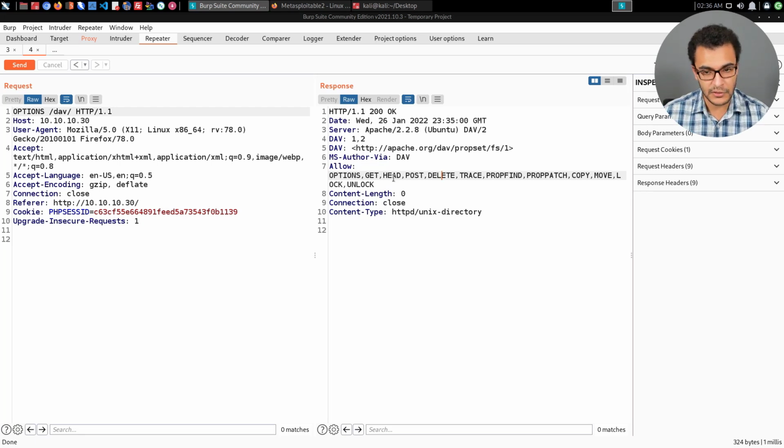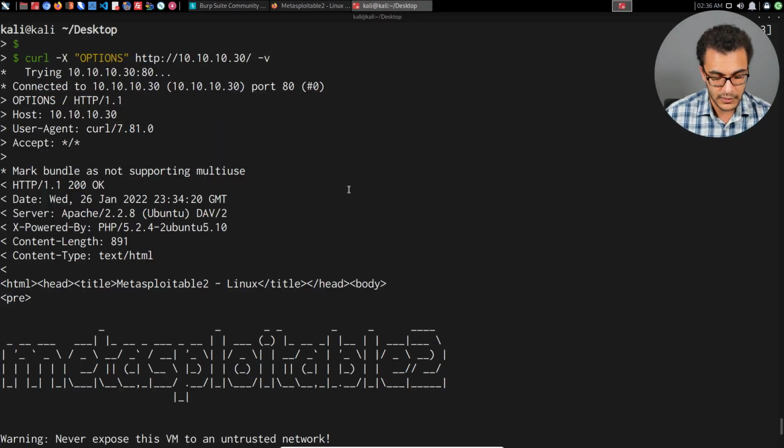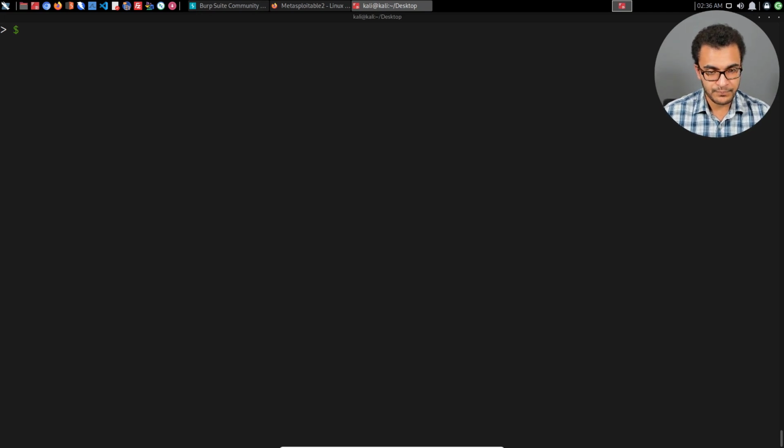So you might be asking yourself, well, what can we do with all of this? We know that it supports all of these methods. How can we, as an attacker, take advantage of this? Well, let's say we wanted to actually upload or PUT a file into the dav directory. It supports POST, but it's not saying PUT here, but we can essentially test that with curl. So let's try that out, right? The reason I like curl is because in the case of actually testing uploads, you can use a really cool functionality that comes along with it. So I'll say 10.10.10.30, and then the dav directory,